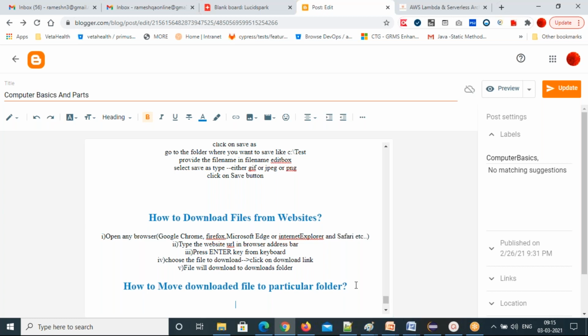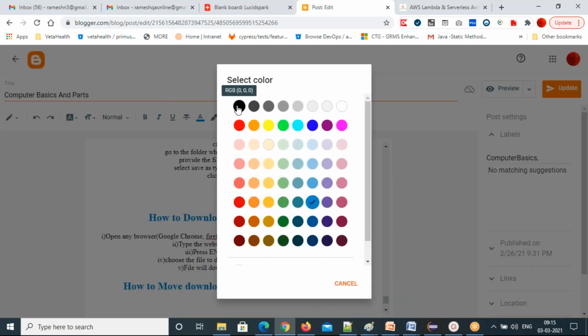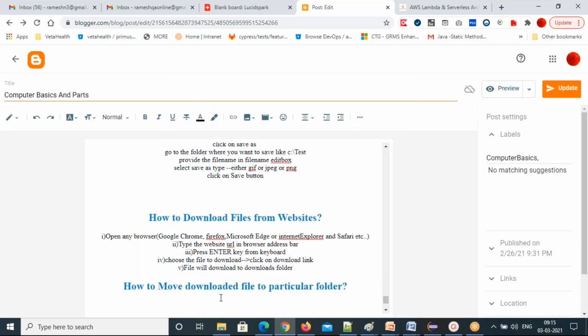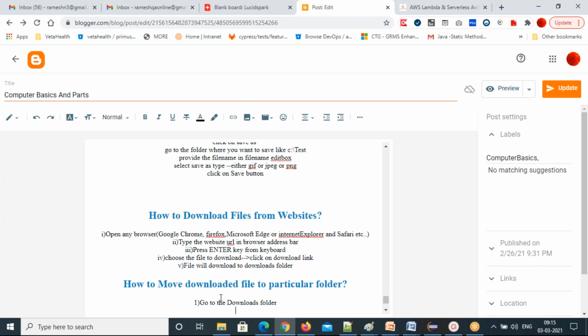Okay, so the steps. Go to the Downloads folder, first step. Second step, select the file.